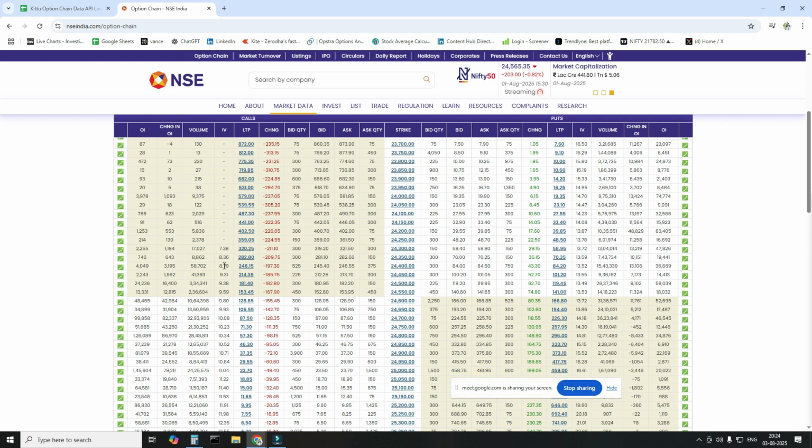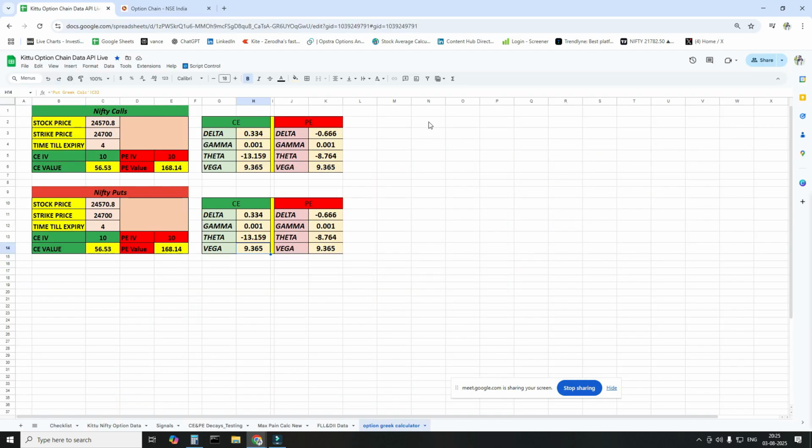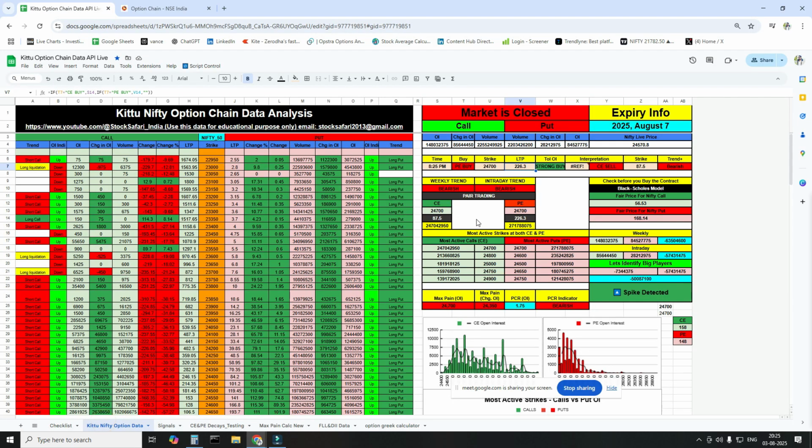Don't go too deep in the money, because we will have some liquidity issues. So try to understand the IV also when you're trading in the market. If you are having high IV, most of the time people ask me why I'm giving a stop loss and why it is going to hit very quickly. It is because of IV. Even though we are seeing the LTP and the indication has been given in the signal area,